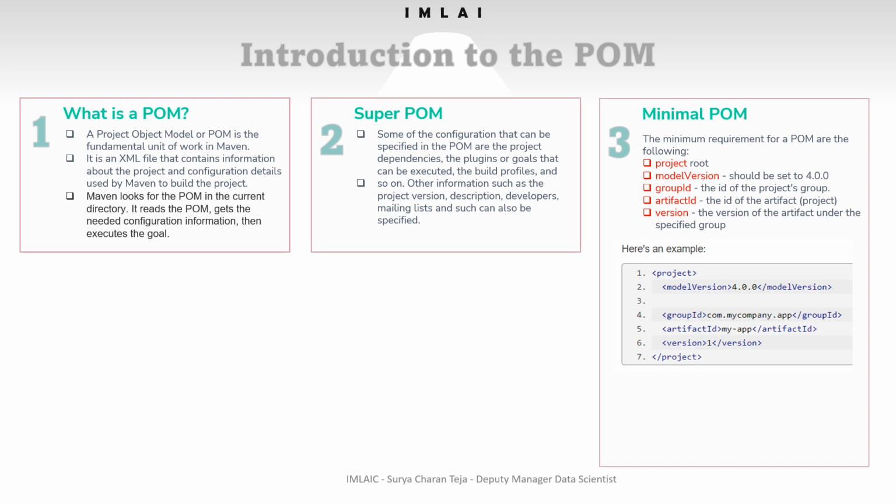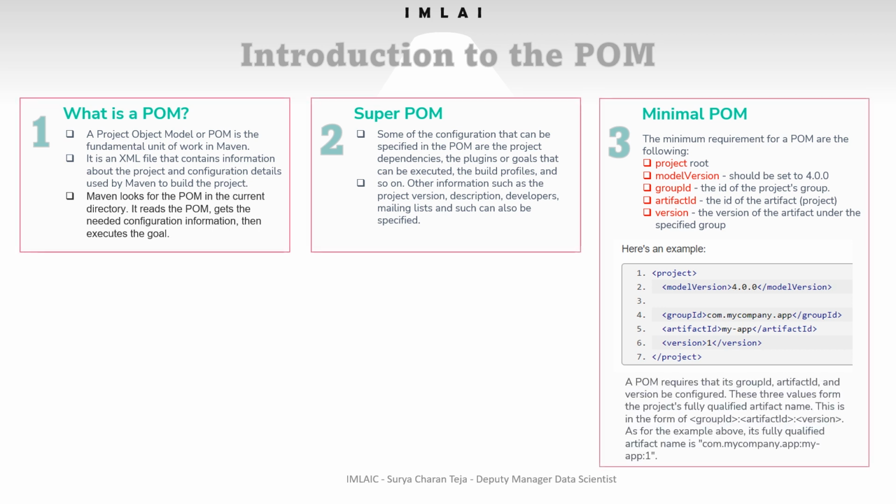A POM requires that its group ID, artifact ID, and version be configured. These three values form the project's fully qualified artifact name. This is in the form of group ID, artifact ID, version. As for the example above, its fully qualified artifact name would be